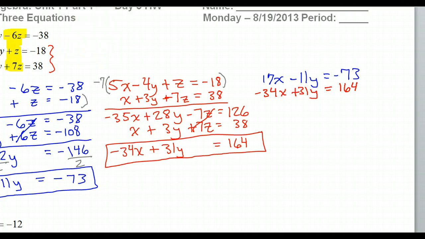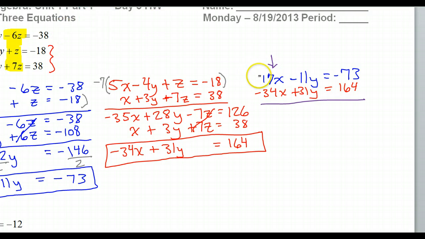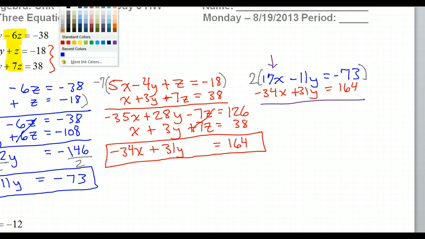So I just need to put these two equations together and then solve them. I'm noticing that 17 goes into 34 evenly. 2 times 17 is 34. So I'm going to try to cancel these x's. I can do that by just multiplying by 2. If I do that,